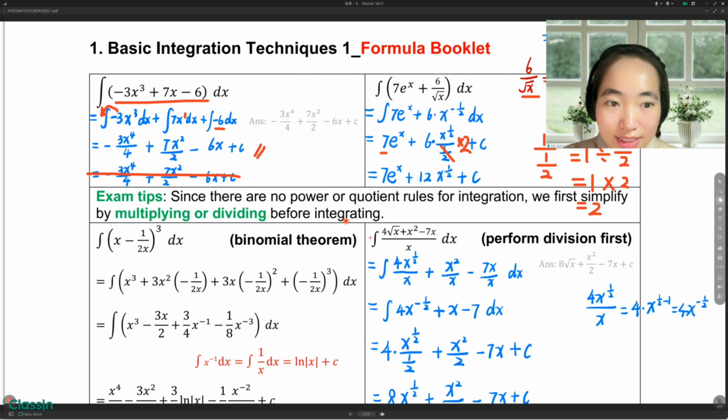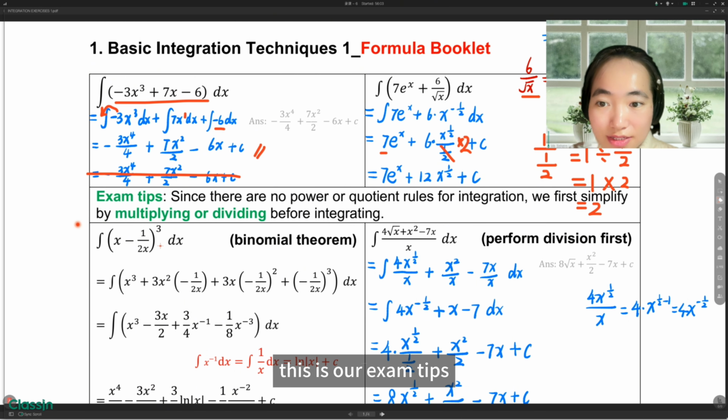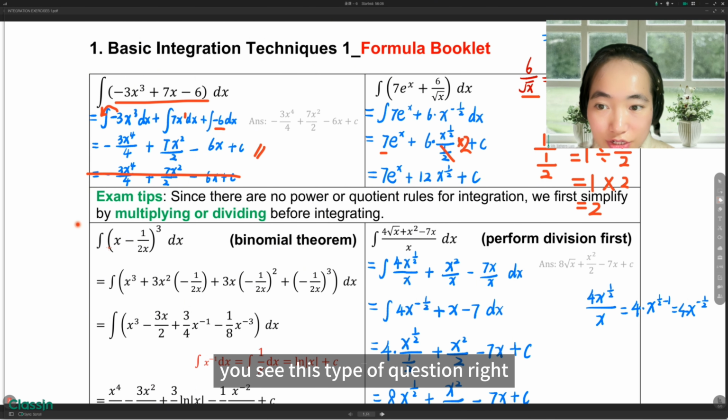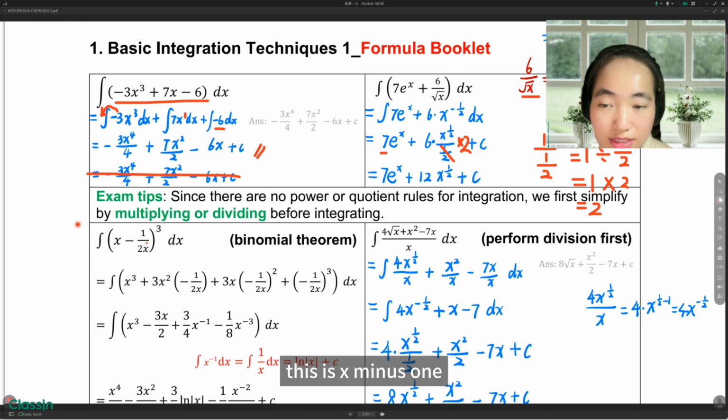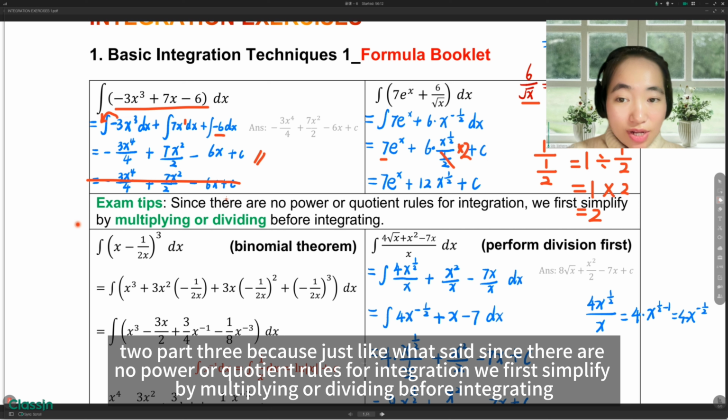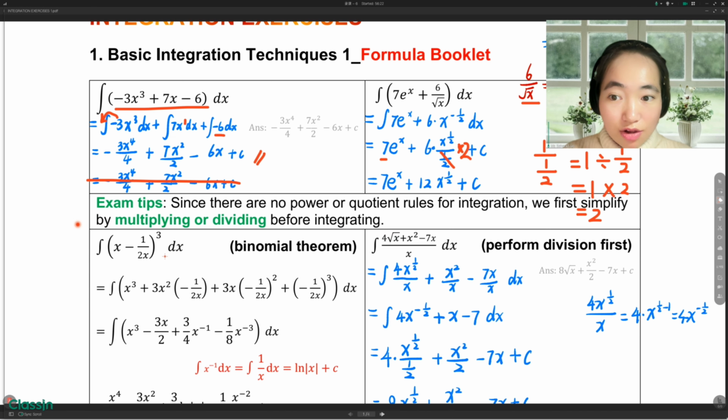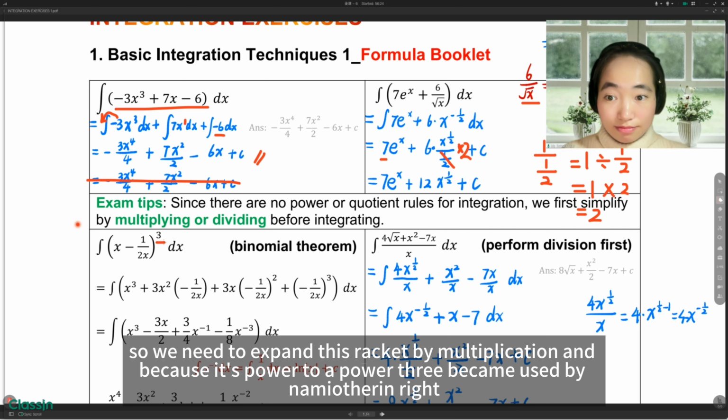Next. Okay, this is our exam tips. You see this type of question, right? This is (x minus 1 over 2x) to the power 3. Just like what I said, since there are no product or quotient rules for integration, we first simplify by multiplying or dividing before integrating. So we need to